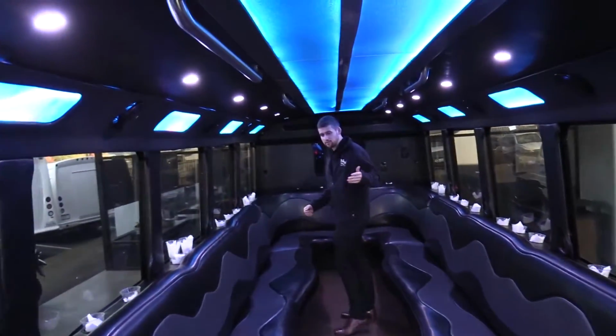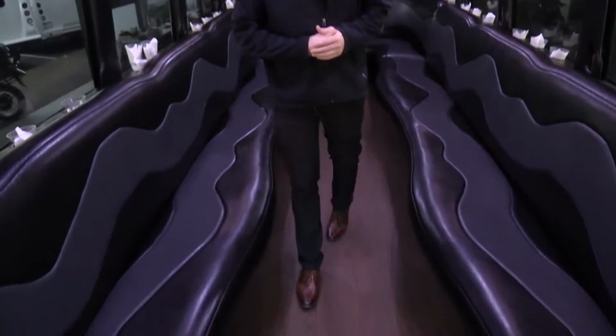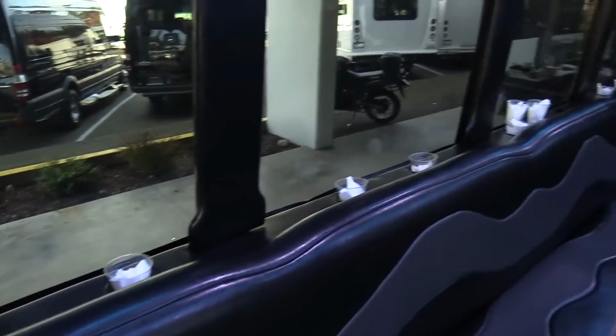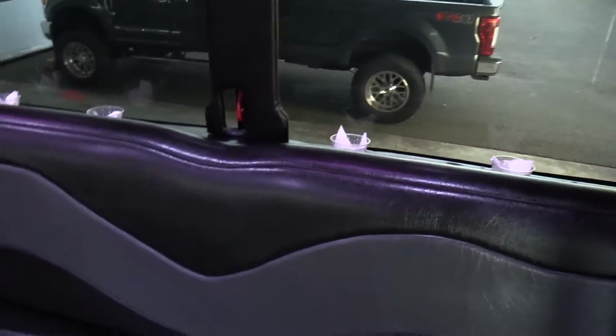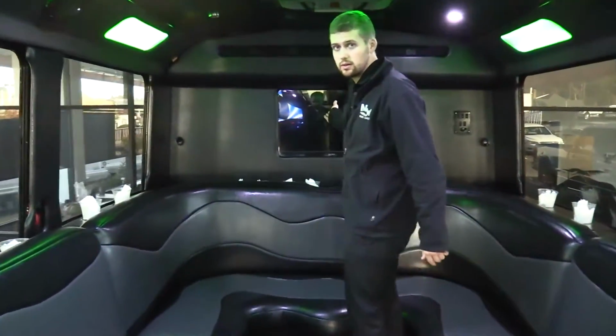As I said, this does have complete wraparound seating. You'll see it does have the cup holders on the top here for people to put their drinks, such and such. Going all the way down on the floor, you'll see that we do, I believe this is an Ultra wood look flooring. I believe it's Ultra. Correct me if I'm wrong, but most likely it's Durafloor or Ultra. Coming all the way to the back, we do have a TV in the rear here,